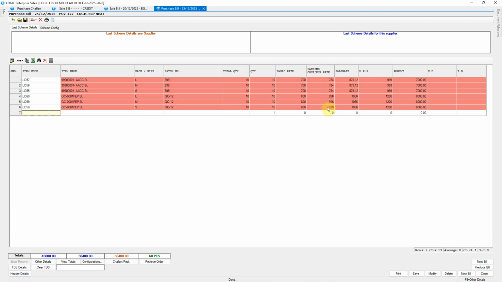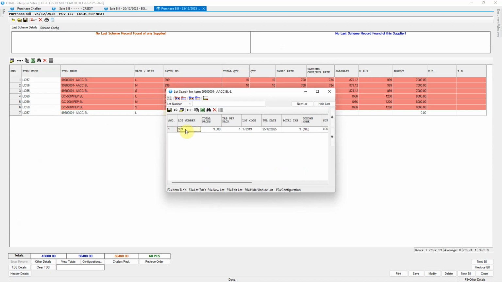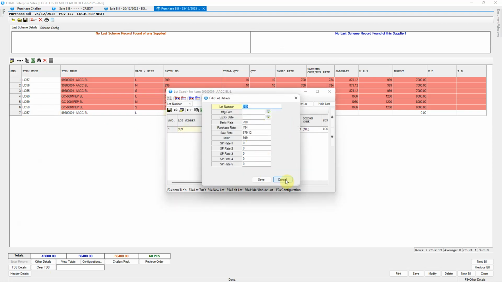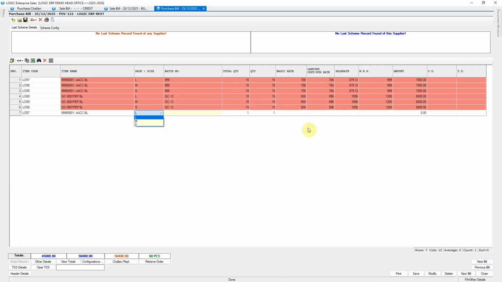Now observe carefully, this time, the rates of all items, including the transacted lots, get updated automatically as per the user-defined purchase rate formula. In such cases, you have two practical approaches.